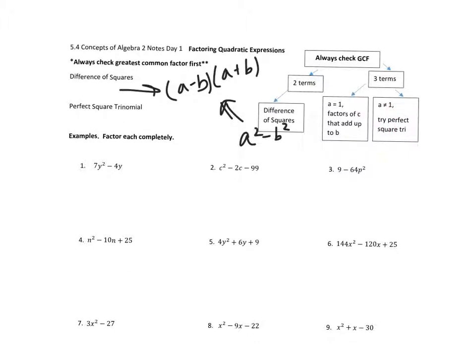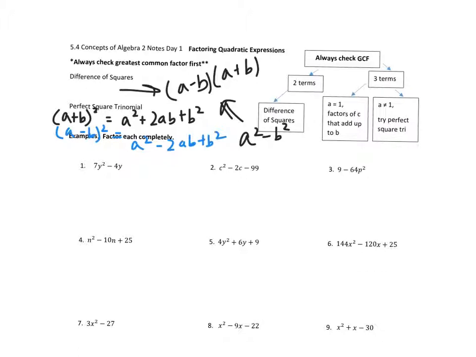A perfect square trinomial looks like this. If you have a plus b squared, that's going to be equal to a squared plus 2ab plus b squared. And if you have a minus b squared, it's the same thing, except it's going to be a squared minus 2ab plus b squared. So I'm looking at, can I take the square root of the ends, the outsides, and then I check by foiling to see